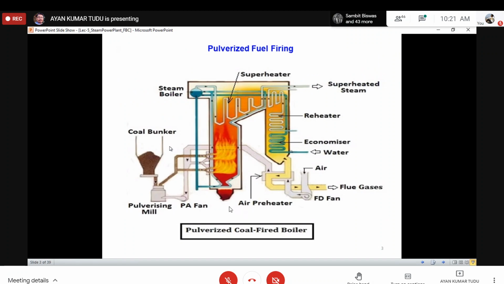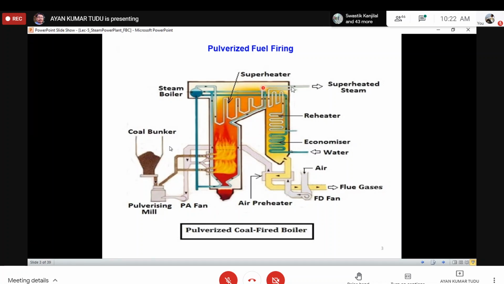Okay, so I think here is the figure that I was talking about. As you can see, this is the pulverized air fan that I was talking about. Here is the air coming from the forced draught fan, and the air is entering the pulverizing mill, taking with itself the pulverized coal and feeding it into the furnace. Some part of the air, as you can see, is going into the furnace to burn the coal, and from here the ash content is coming out.